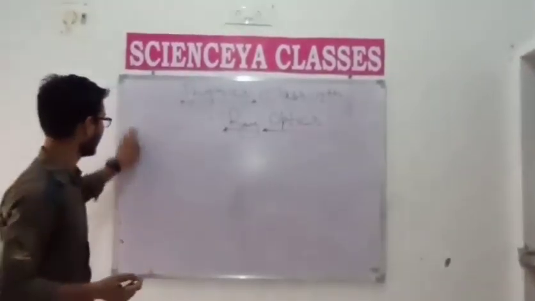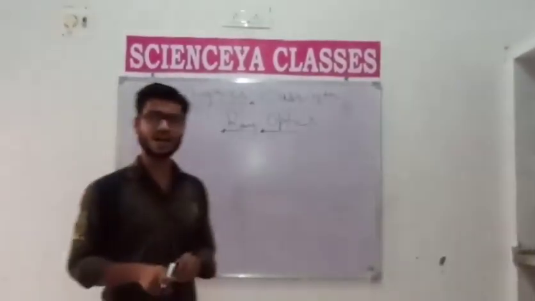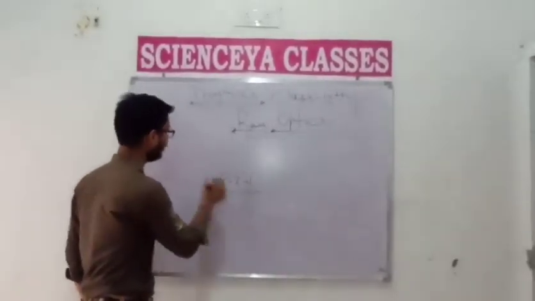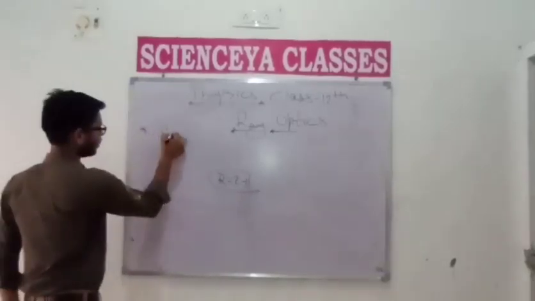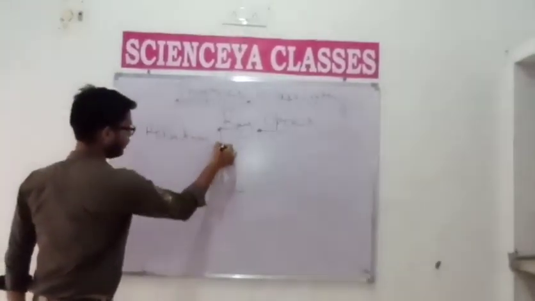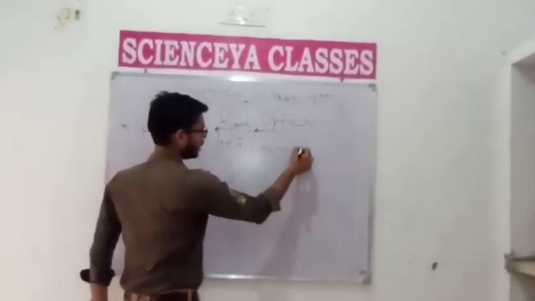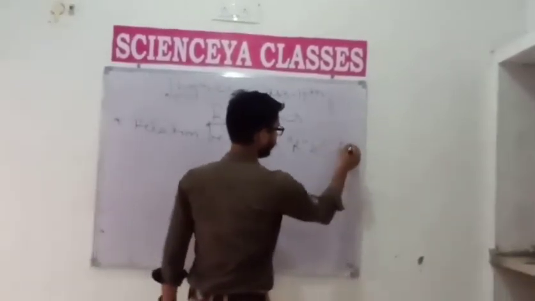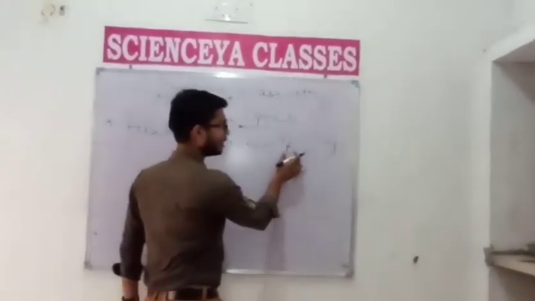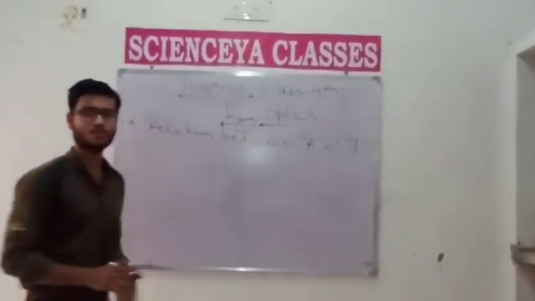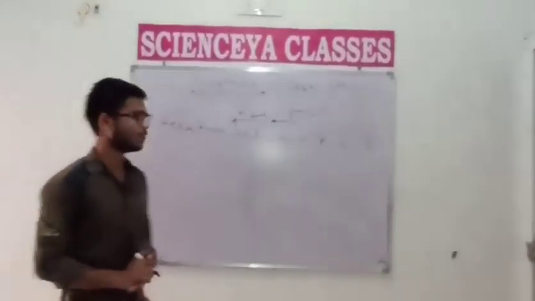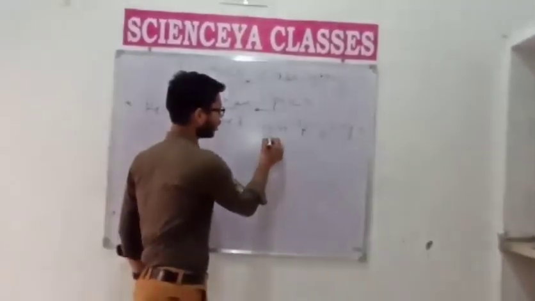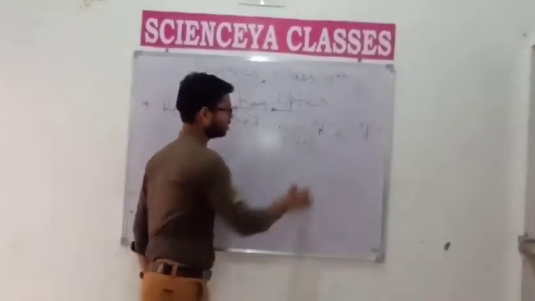Okay, student? And here we are discussing a most important relation, that is R equal to 2F. So student, we start with a relation between the radius of curvature and focal length. Okay, student? This is the radius of curvature, capital R, and this is the focal length denoted by small letter f. And we use both concave and convex mirrors to derive this expression R equal to 2F. Okay, student? So let us start.